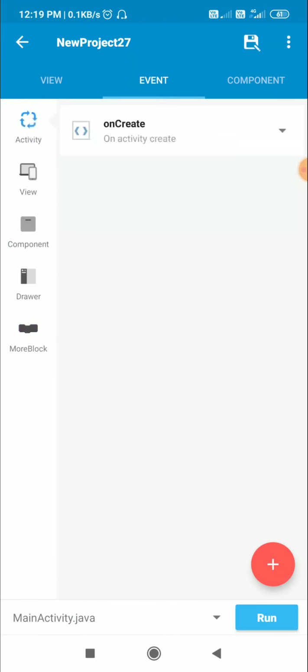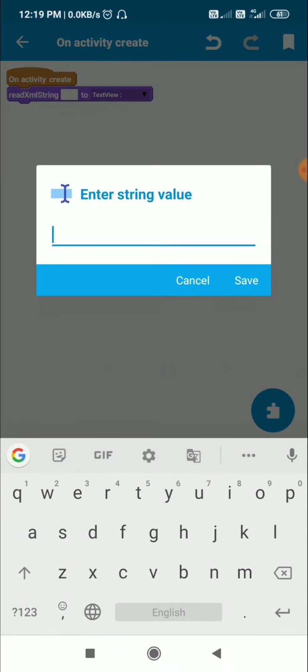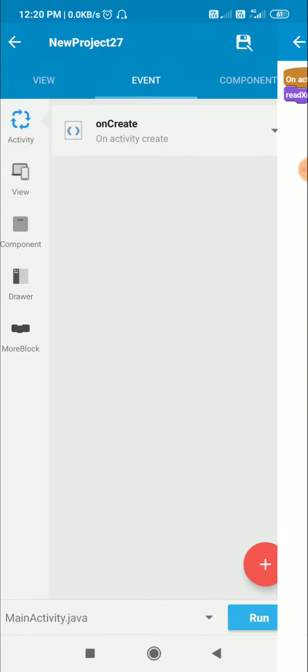and in on create event I will just use this block read XML, and here I will write the file name, which is countries.xml, and I will read it to text view 1. Now let's check this.